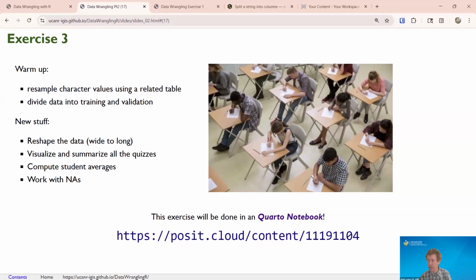Okay, so assuming you're using Posit Cloud for the exercises, click on the link in the chat window. This is a new project from part one. So go ahead and click, and I'm going to do the same thing here. If you are using